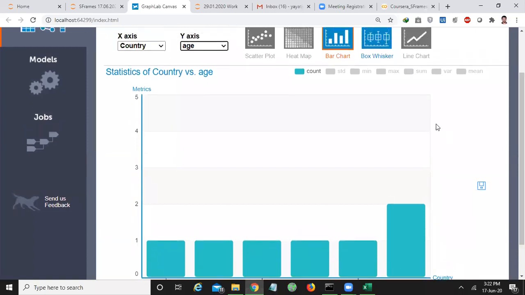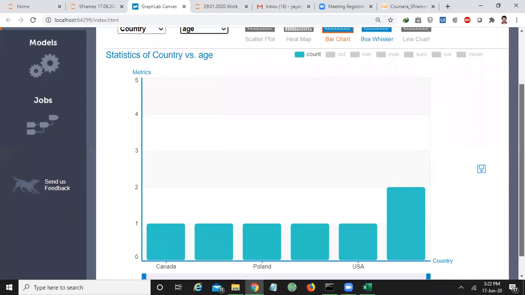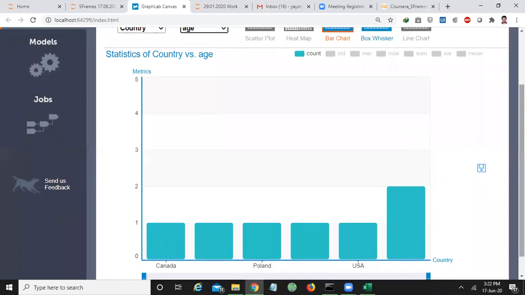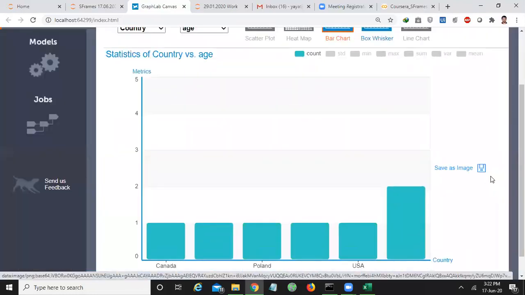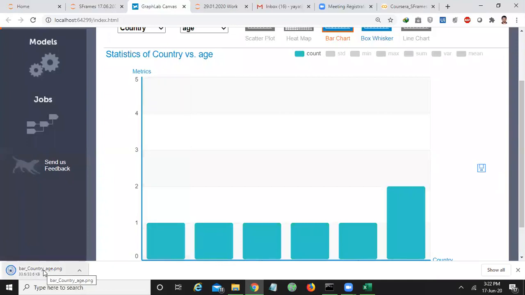If you want to save this diagrammatic statistics, you can use the save as image option here. If you click this, see here, the image has been saved as a .png file.